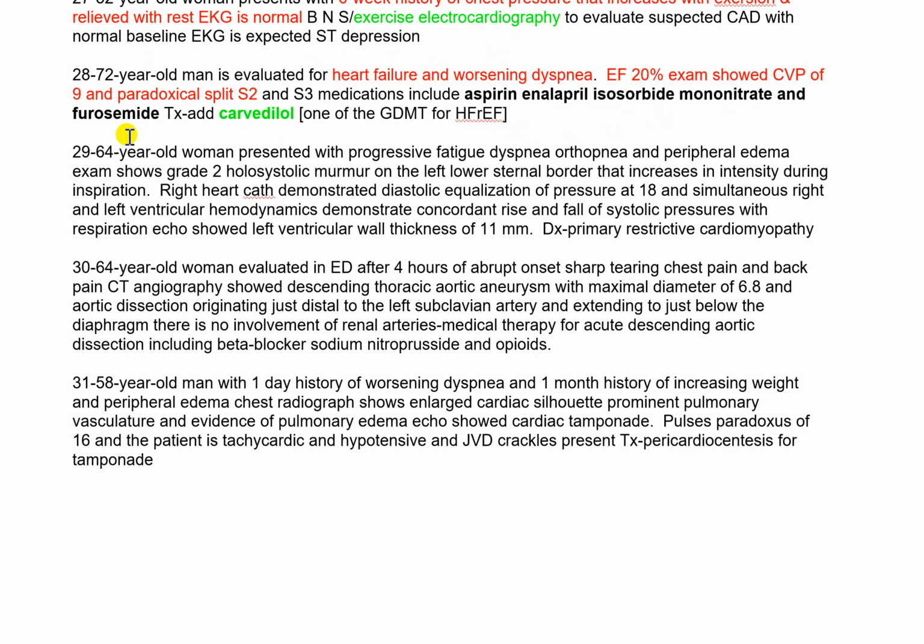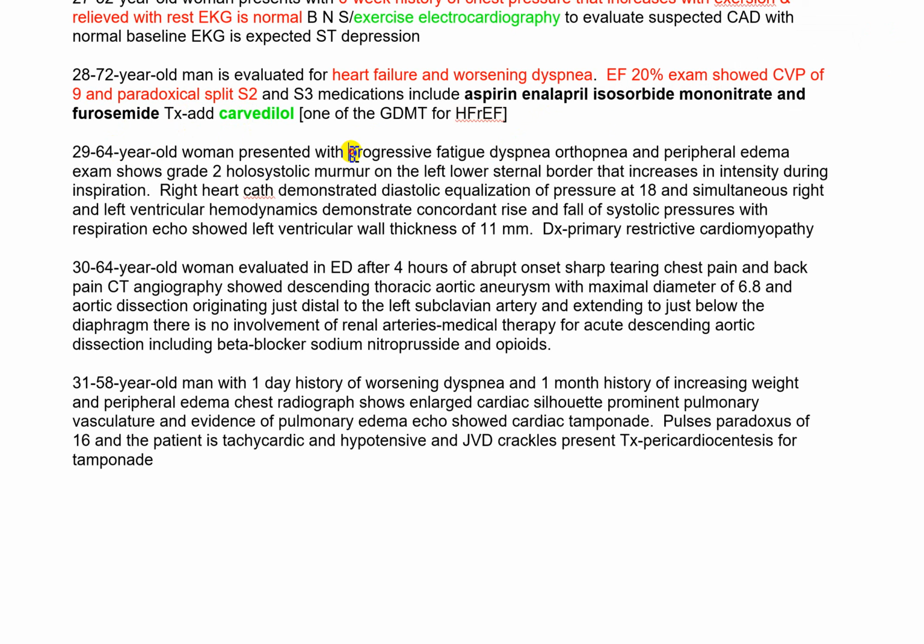So they have isosorbide nitrate, furosemide, yeah, they have to give carvedilol. Why? Because it has mortality benefit. I think it's called the MERIT trial that showed carvedilol decreases mortality, and enalapril has mortality benefit. Isosorbide and hydralazine have some mortality benefit. Lasix doesn't, but has symptomatic benefit. Yeah, this is very high yield, right?